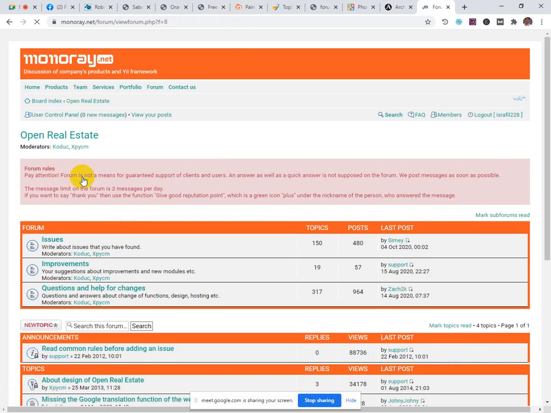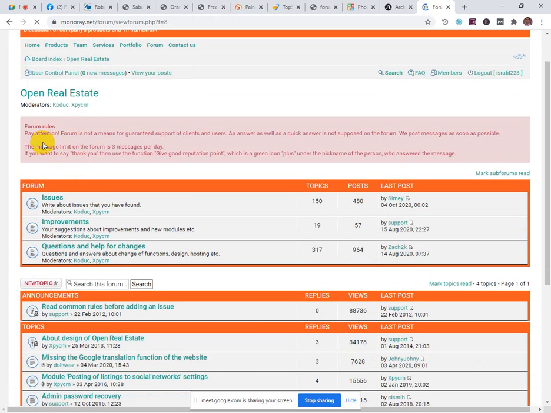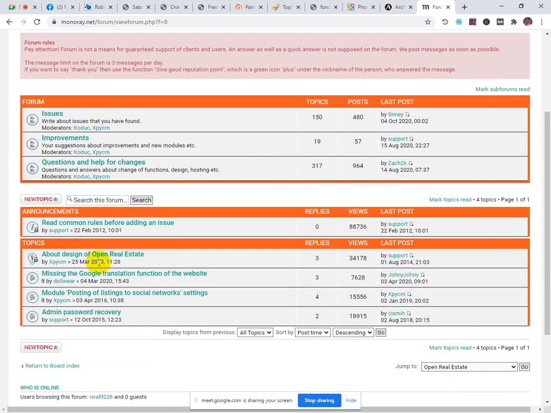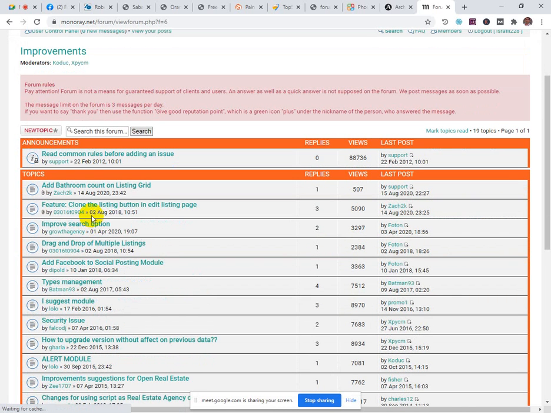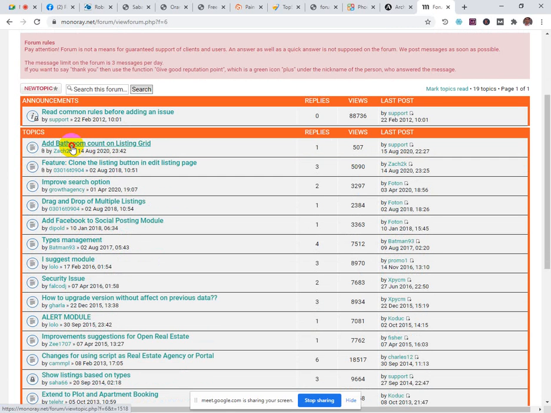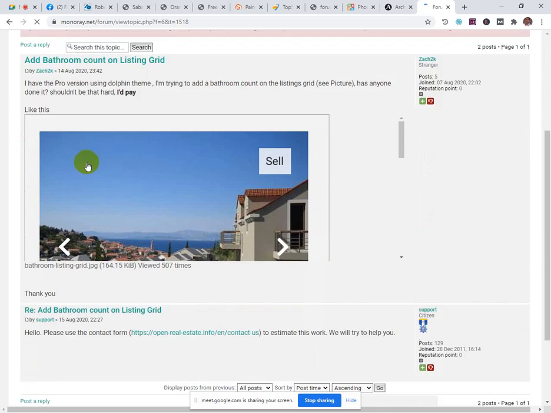ওপেন রিয়েল এস্টেট, ওকে, এটার মধ্যেই যান। এটার মধ্য থেকে কোনো একটা কোয়েশ্চন্সের মধ্যে ধরেন, ইমপ্রুভমেন্টসের মধ্যে যেতে পারেন। ওকে, এখানে কোনো একটা কোয়েশ্চন্সের মধ্যে ঢোকেন। বাথরুম কাউন্ট। হ্যাঁ, কোনো একটার মধ্যে ঢোকেন, এটার মধ্যে যান।